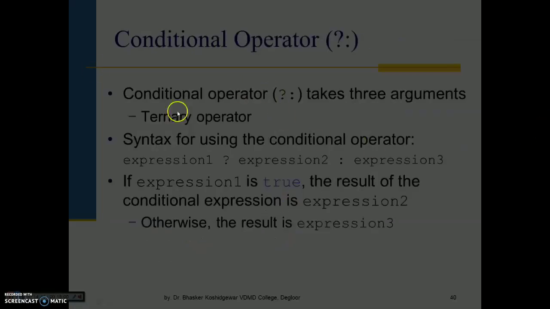The conditional operator is also called the ternary operator. The syntax for using the conditional operator is: expression 1, question mark, expression 2, colon, expression 3. If expression 1 is true, the result of the conditional expression